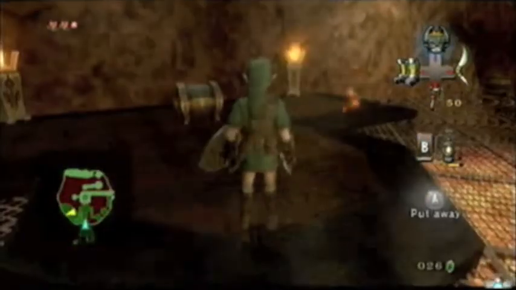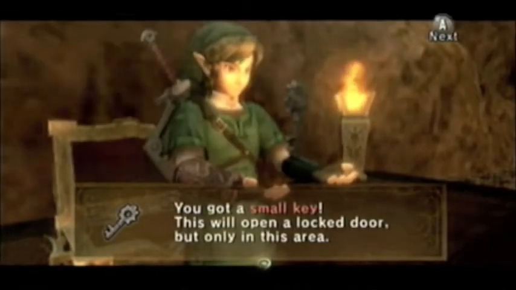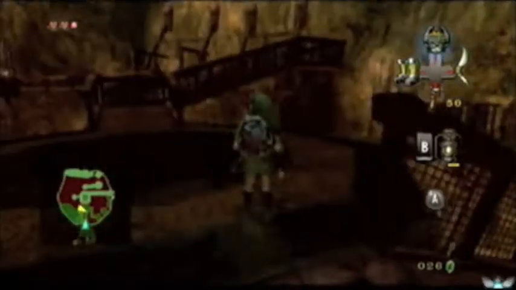But anyway, we have a chest here. This has a small key in it. If you went right, you would just come across the locked door that this small key opens. So, on your first time through this, you kind of have to get lucky and choose wisely if you don't want to waste time. So, moving back along,